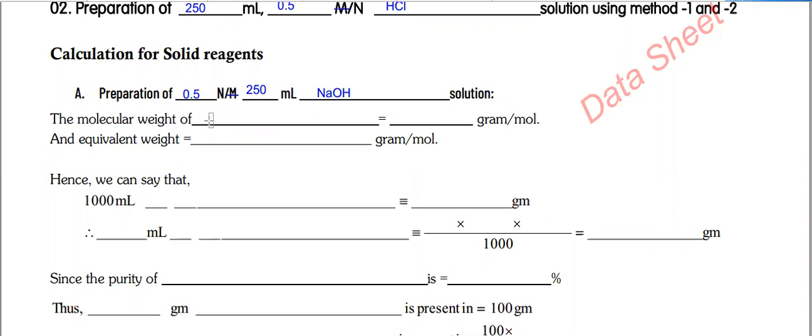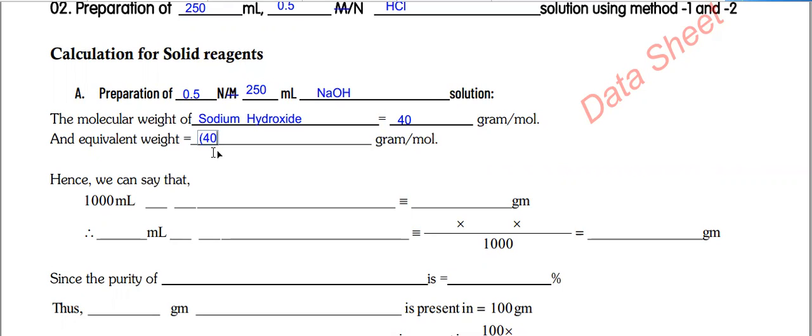Okay, now let's write down sodium hydroxide. You can write down the full sentence or you can write down the chemical formula, whatever you want. I'm going to write down the full sentence. So the molecular weight of sodium hydroxide is 40 gram per mole, and the equivalent weight of sodium hydroxide will be